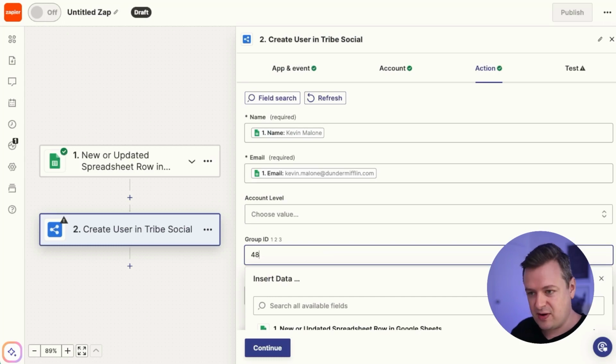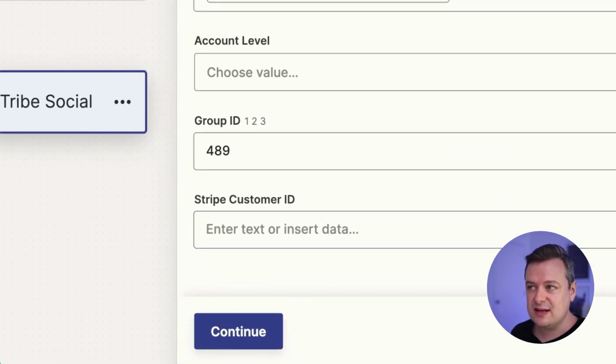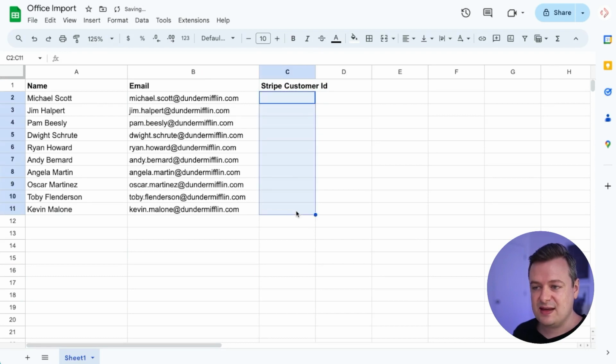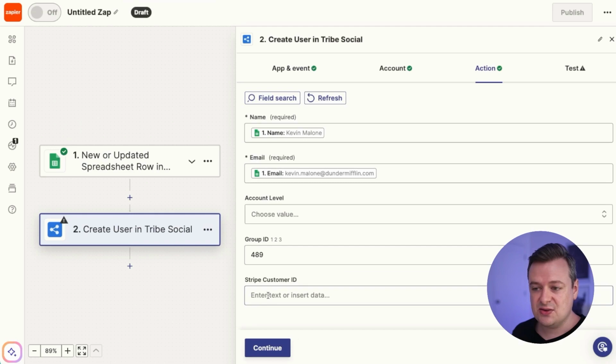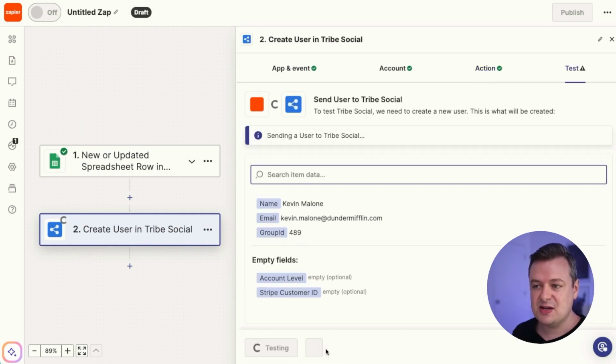I'll type in 489. And lastly, if we wanted to, we could import a Stripe customer ID. All you would do here is create a Stripe customer ID column, and you can import that here, and that will get stored with your user in Tribe Social. If you don't need it, you can simply leave it blank. And I'll hit Continue. And I'm going to go ahead and test the step to make sure that it worked